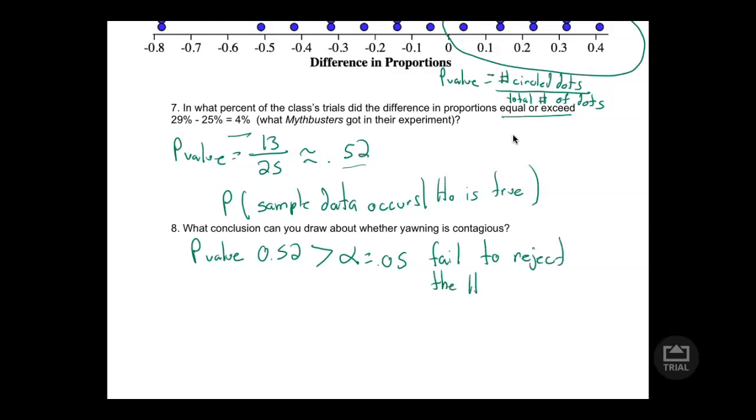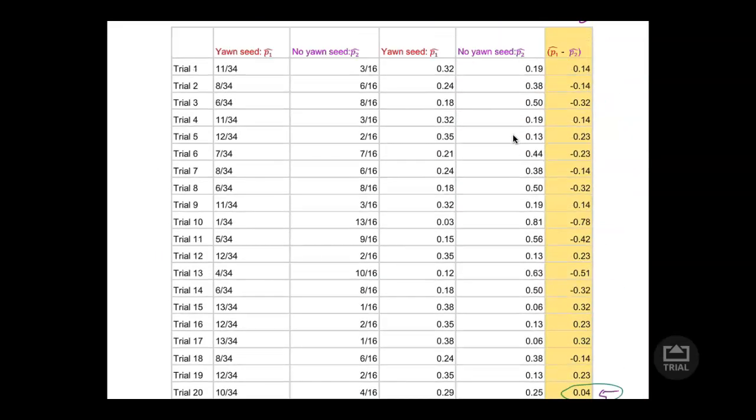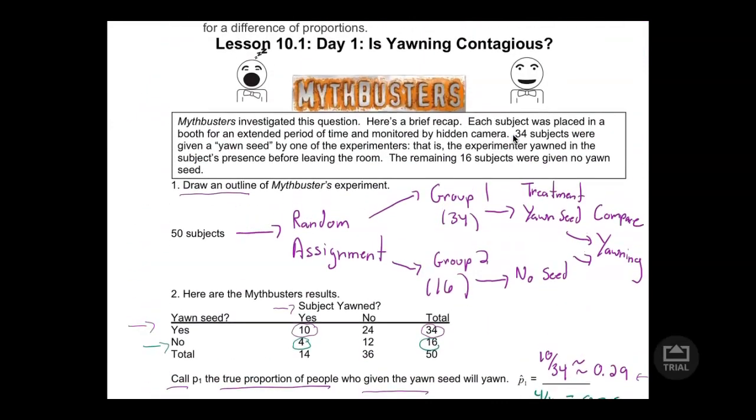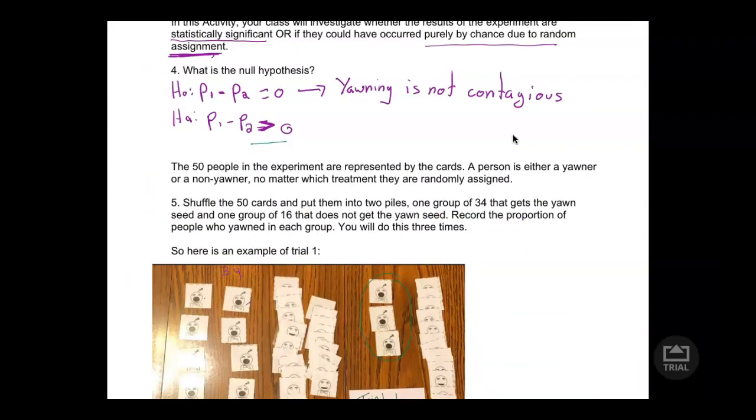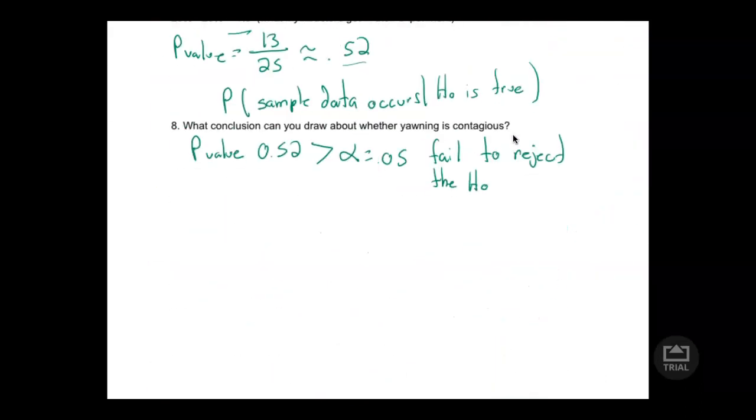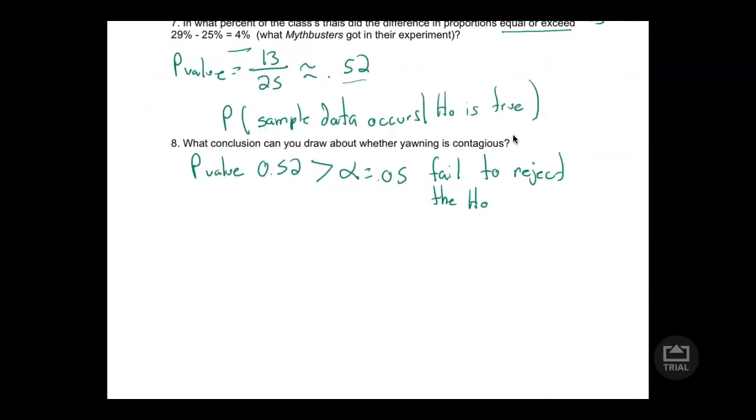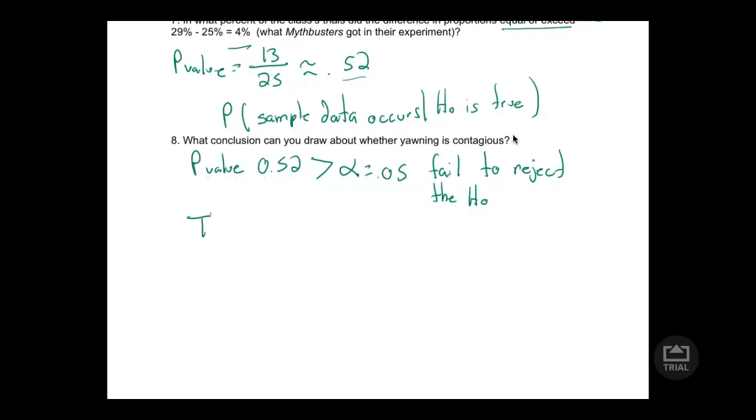the null hypothesis. And if you go back and take a look at our null hypothesis, the difference in the two proportions, p1 minus p2 equals 0, that meant yawning is not contagious. So we're going to fail to reject that. So here's what that tells us then. Therefore, we do not have convincing evidence